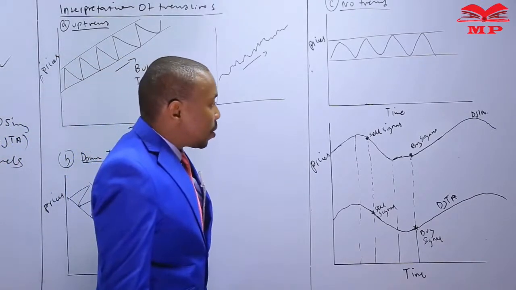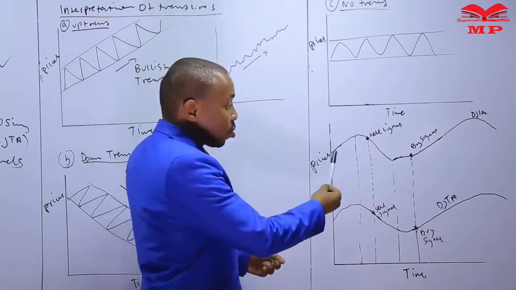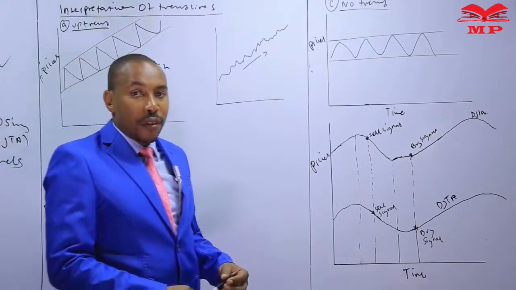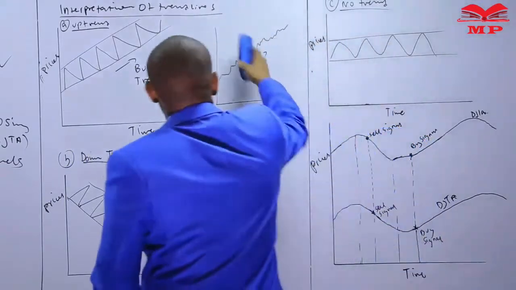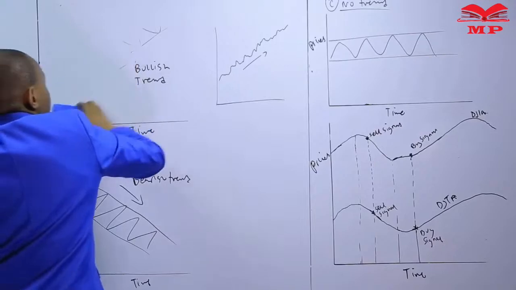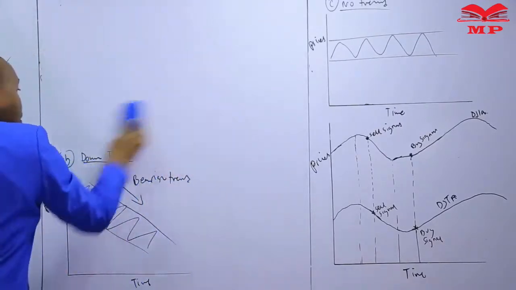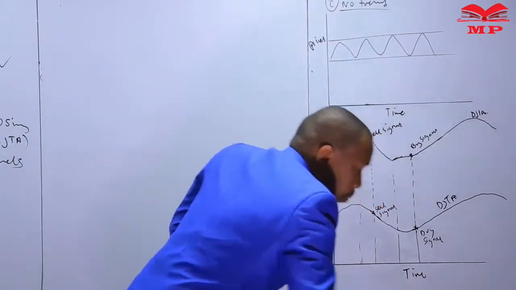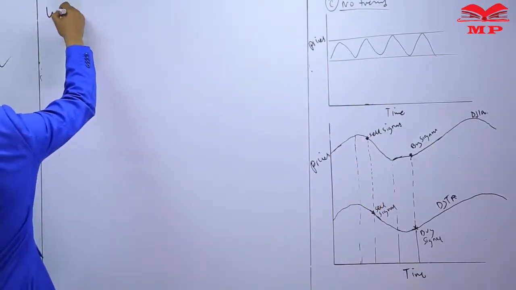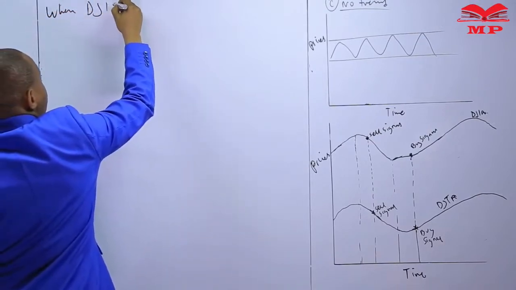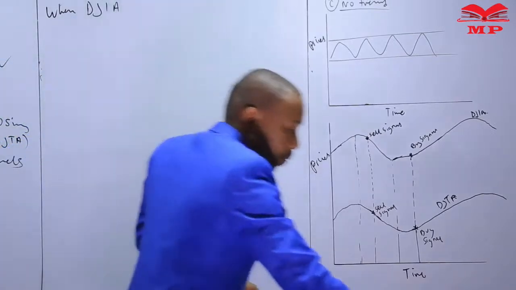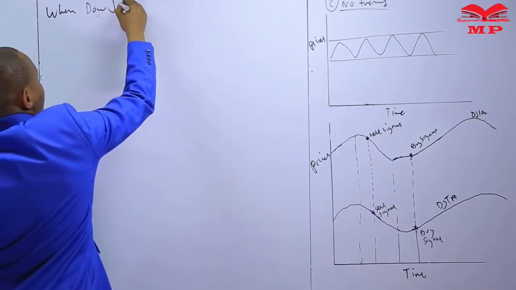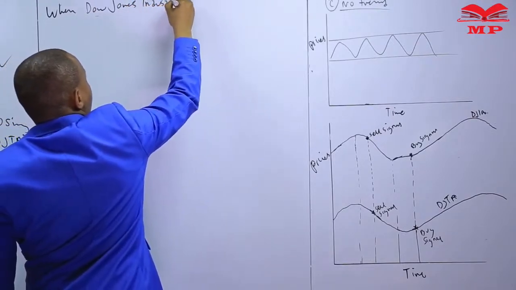Now, there are times when you find that the Dow Jones Industrial Average is moving down and the Dow Jones Transportation Average is moving up in the opposite direction, then there is no indication of any trend. So I need to highlight that in writing right here. When the Dow Jones Industrial Average, I think the best thing is to put it in full like that. Dow Jones Industrial Average,